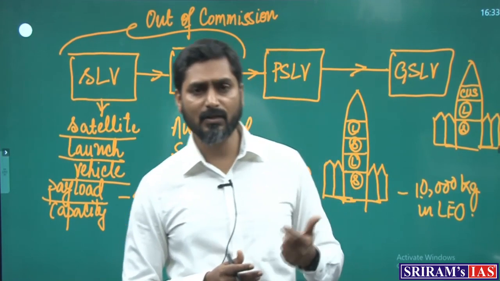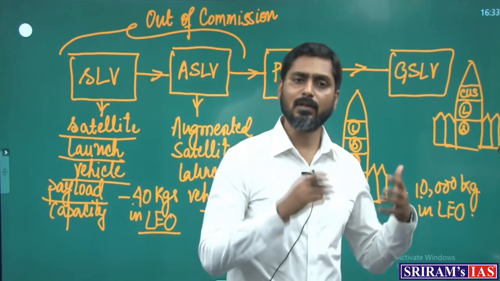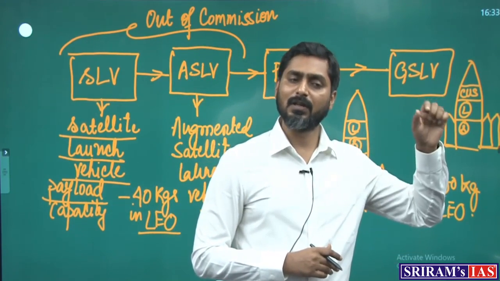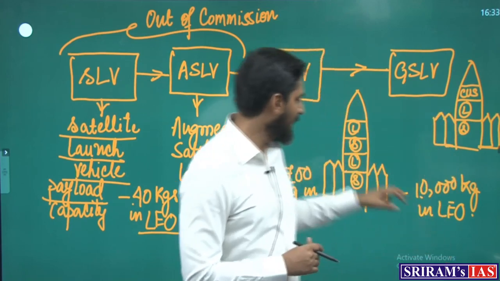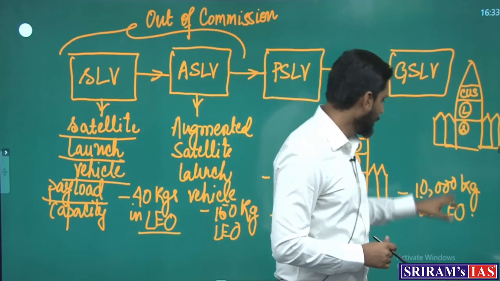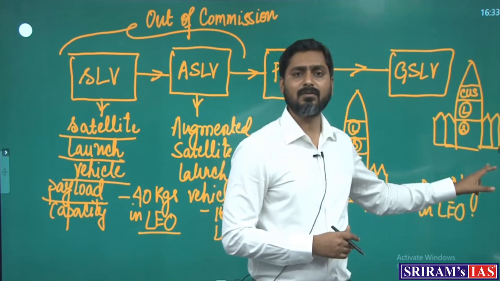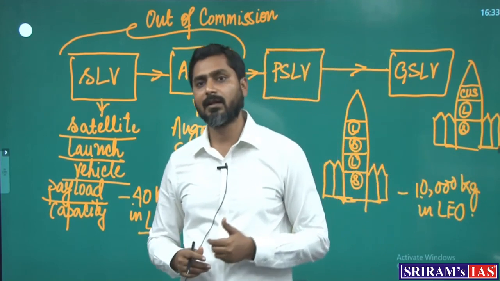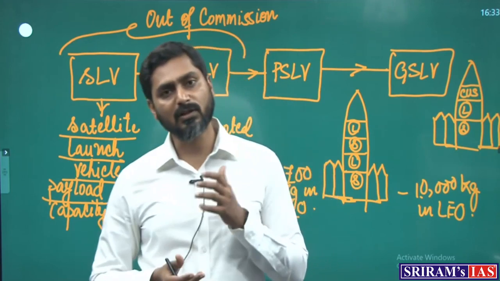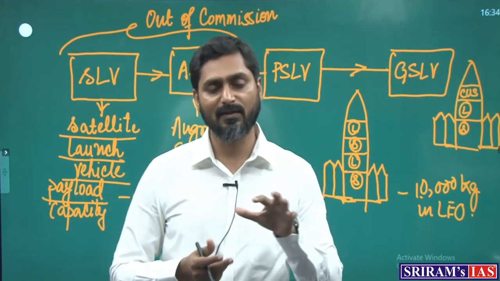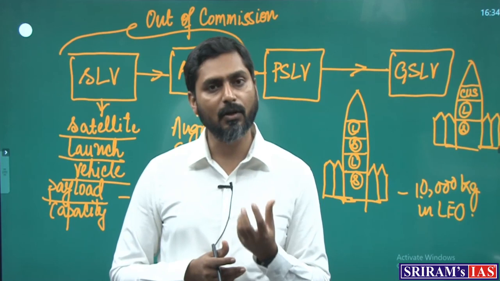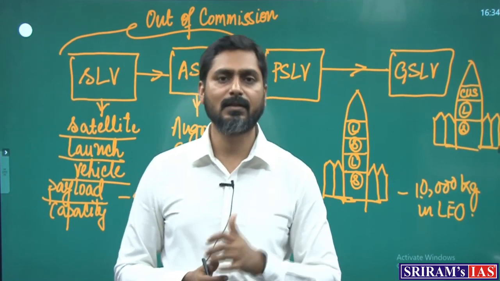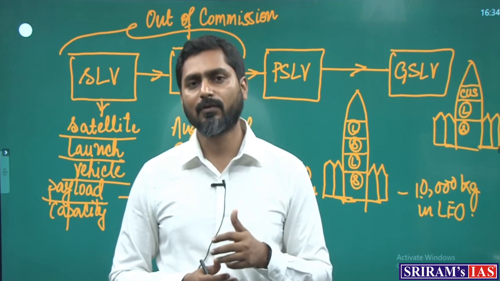The advantage of Falcon is also that its payload capacity is very high. If you look at Falcon Heavy, the heaviest launch vehicle which SpaceX has, it has a payload capacity of more than 6 times this. So it has payload capacity of around 64,000 kgs in LEO. And if you look at cost wise also, yes, it is costlier than GSLV, but if you look at the per kg launch cost of SpaceX, that is also cheaper than GSLV. So we still have a long way to go.